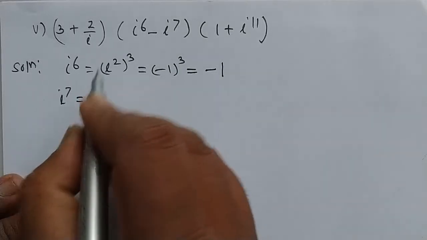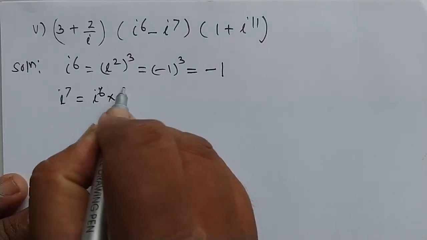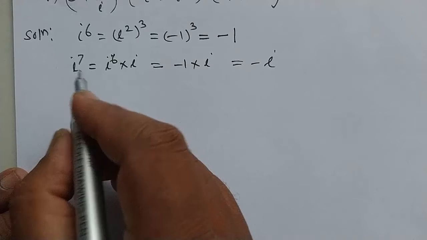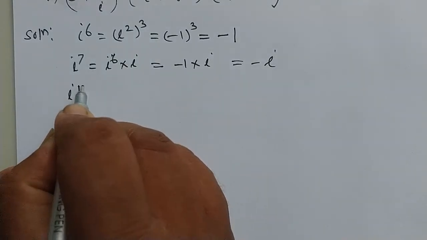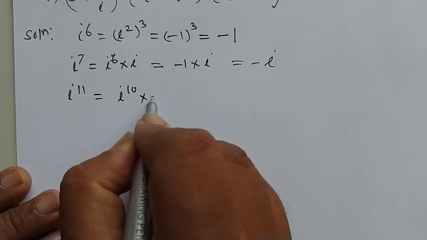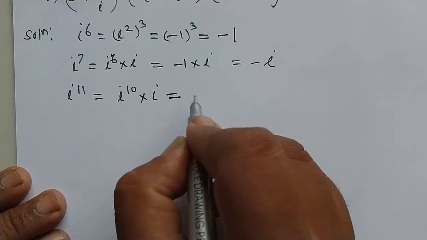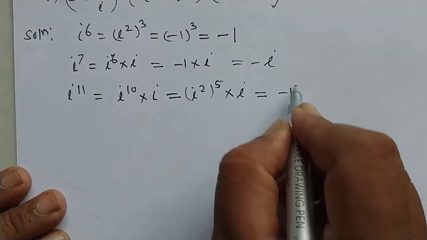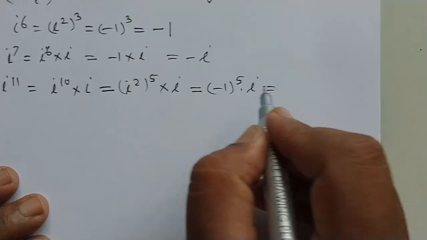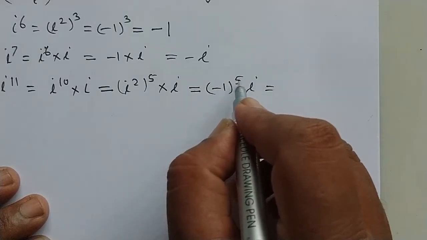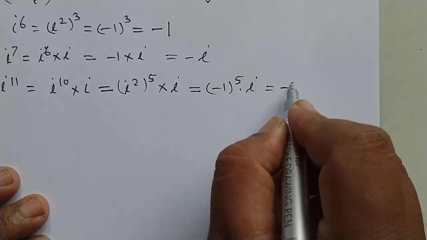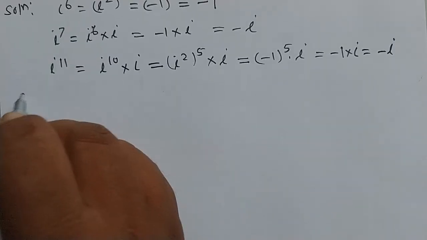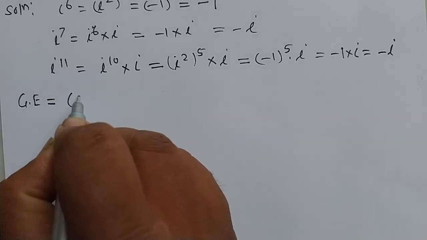i raised to 7, by laws of indices, says i raised to 6 into i. i raised to 6 is minus 1 into i, so it is minus i. i raised to 11 is equal to i raised to 10 into i; by laws of indices, i raised to 10 means i square raised to 5 into i. i square is minus 1, raised to 5 into i, being the index is an odd number, so minus 1 raised to 5 is minus 1 into i, which is equal to minus i. Therefore, the given expression is